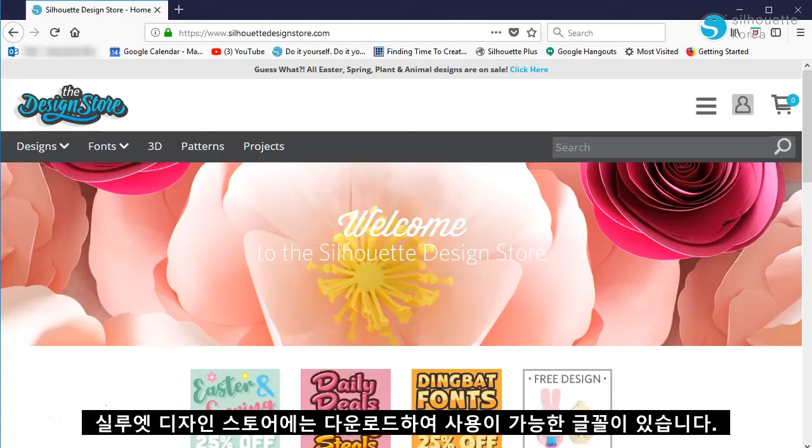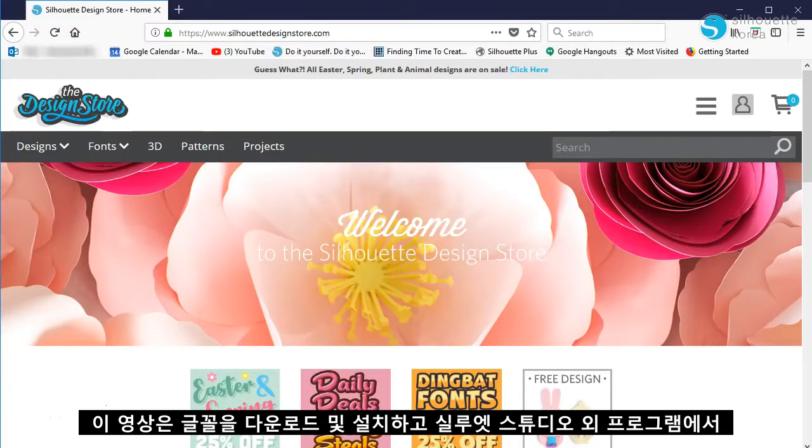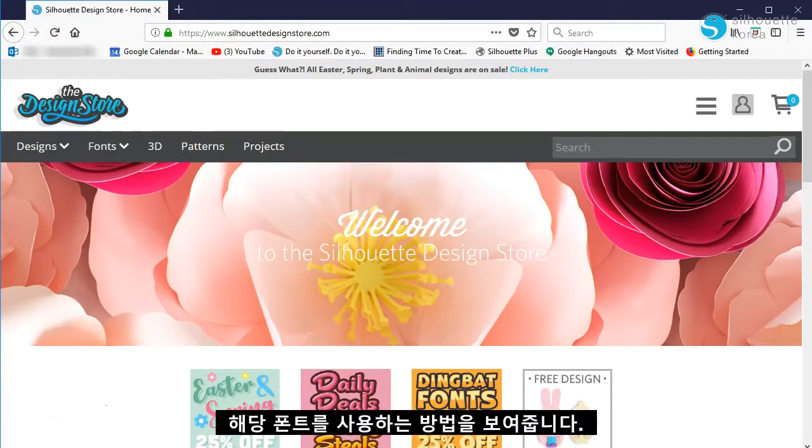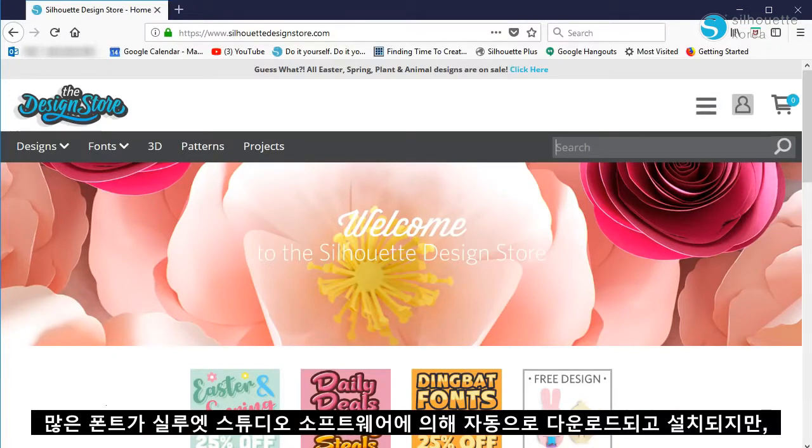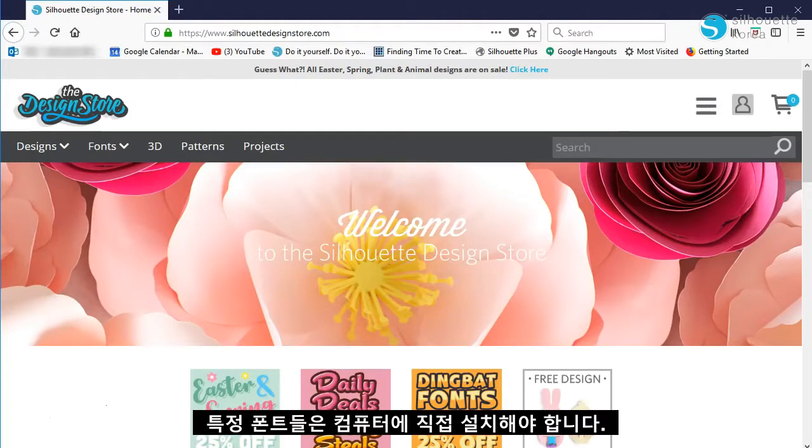The Silhouette Design Store is filled with fonts available for download. This video will show you how to download and install a font and also access its characters outside of Silhouette Studio. While many fonts are downloaded and installed automatically by the Silhouette Studio software, certain classes of fonts require direct